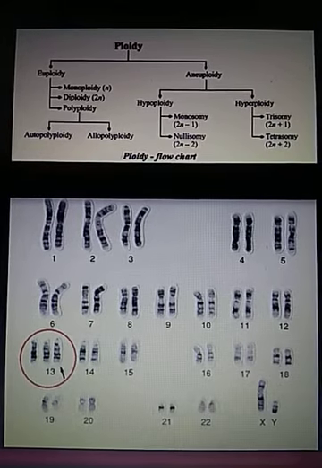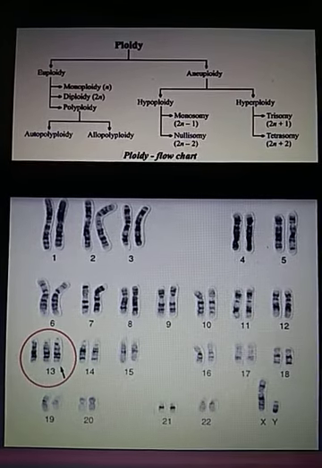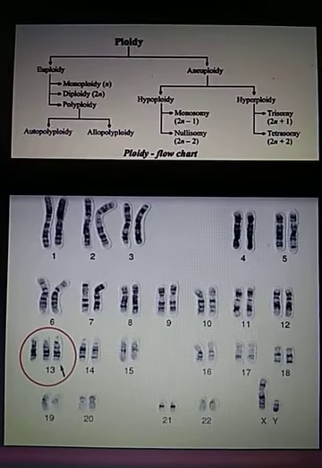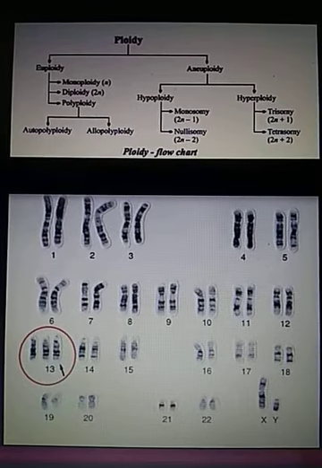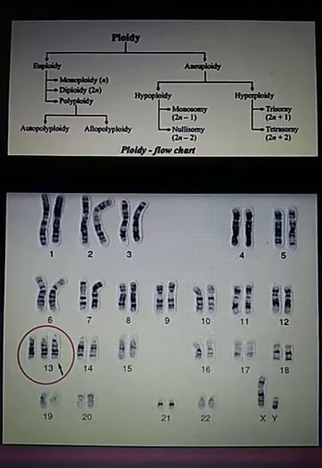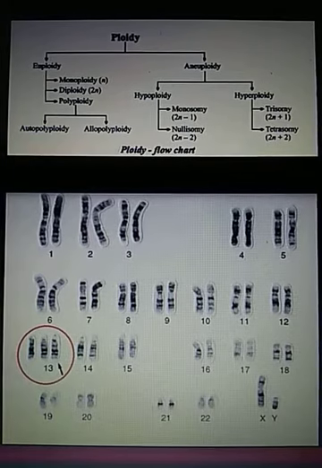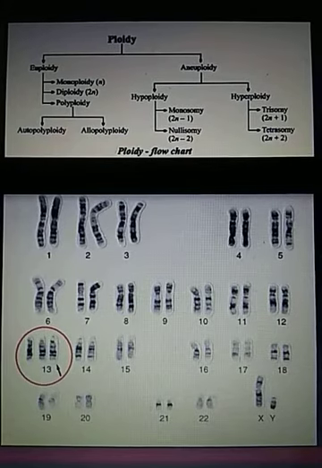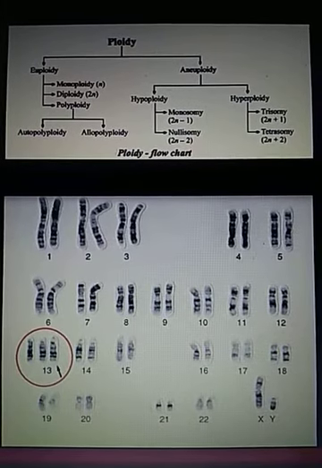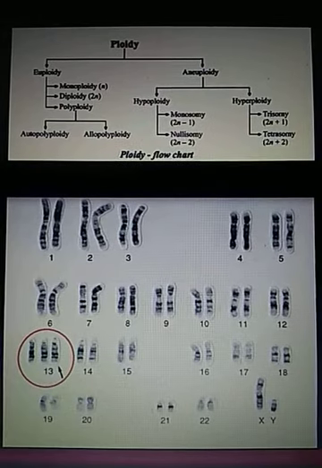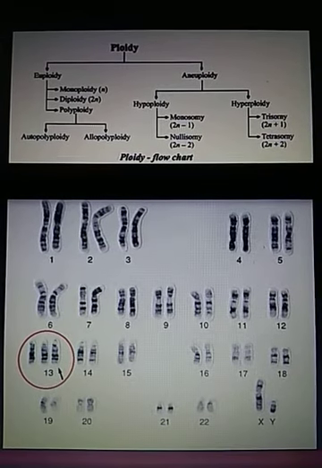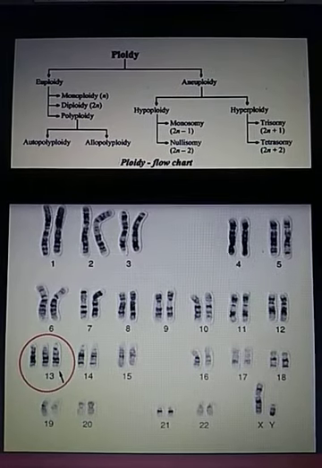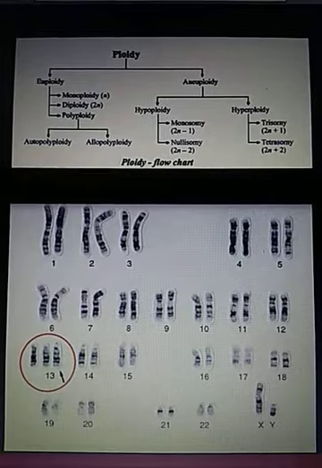Welcome all of you. In this video lecture, we are going to understand yet another form of mutation known as heteroploidy. First of all, let us understand what ploidy means. The number of sets of chromosomes in a cell or in the cell of an organism is called ploidy. For example, in humans there are 46 chromosomes, that is 23 pairs of chromosomes. So there are two sets of chromosomes. So we have a diploid number, or we can say we are diploid organisms. So ploidy shows the number of sets of chromosomes in an organism.